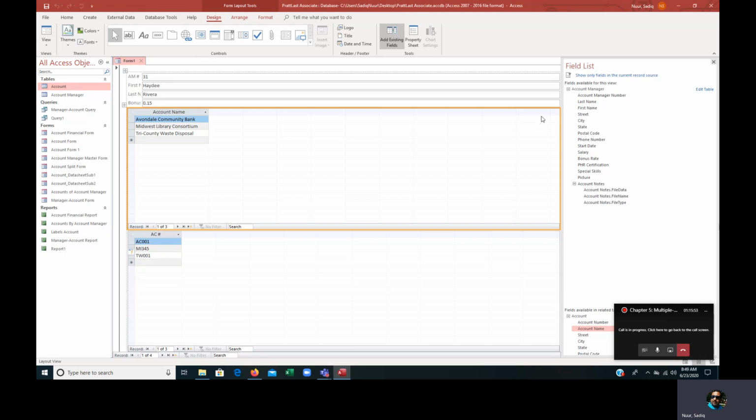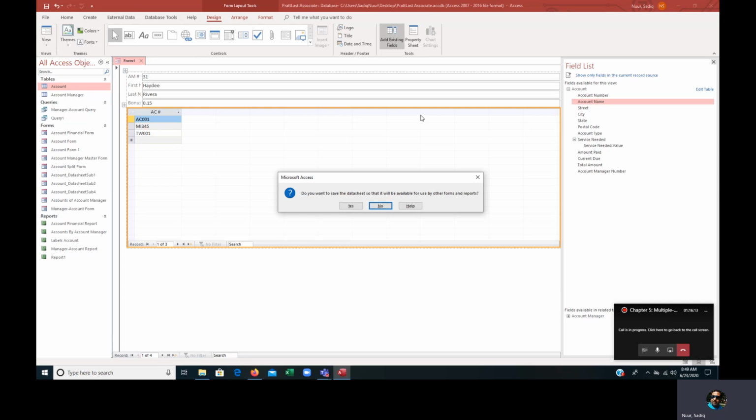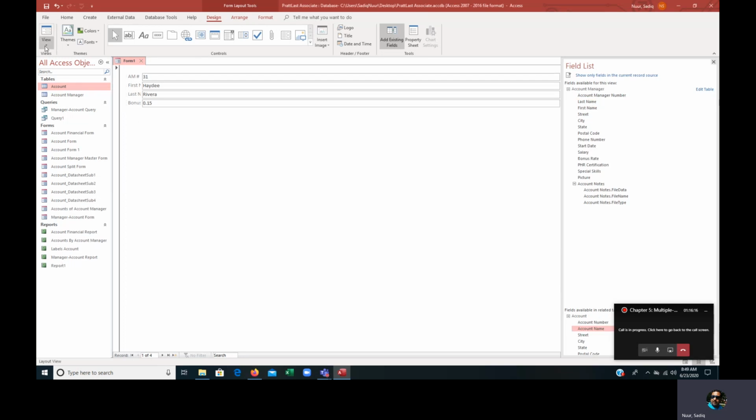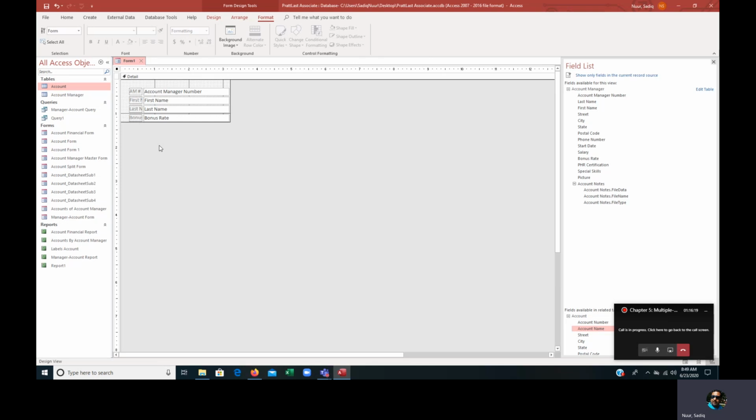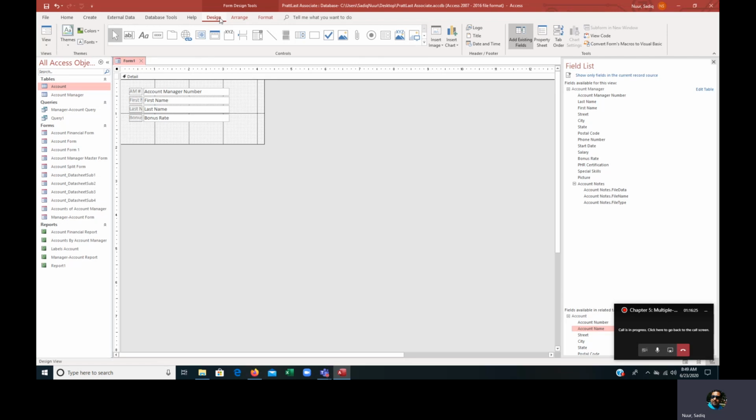Okay, so the book doesn't want us this. So I will select, I will delete it. Or you can add like this. So remove this, and let's go to the design, and then you can stretch this a little bit down like this, and then you will go to design. You will select the subform. You will click on it. You will draw the box,